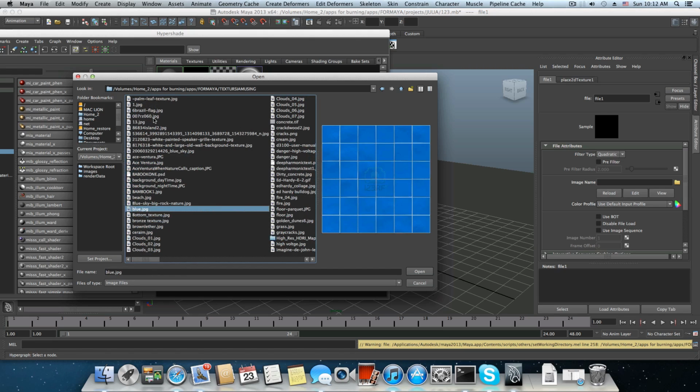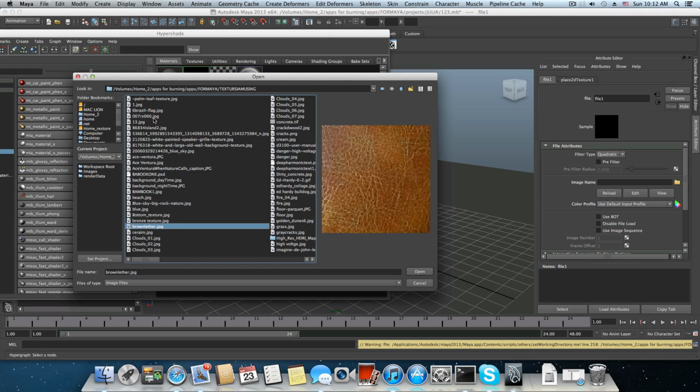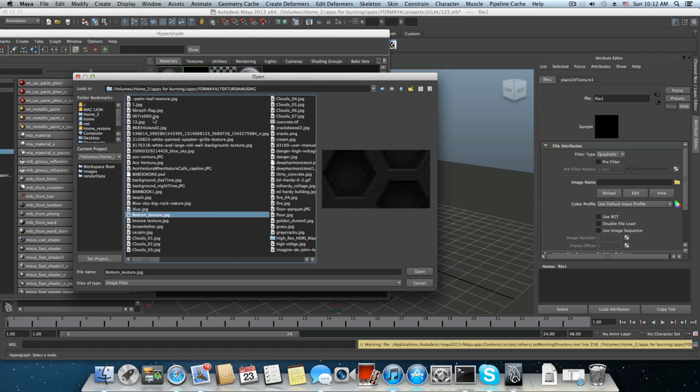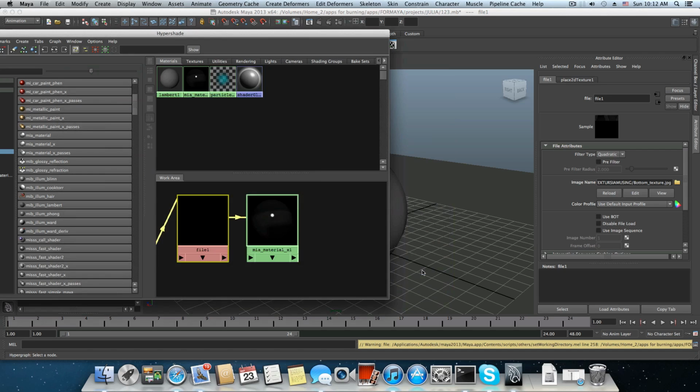Let's use, let's say this one. No, it's black. Okay, that's okay that this is black. Let's choose this one. Okay, and choose to open. Okay, now